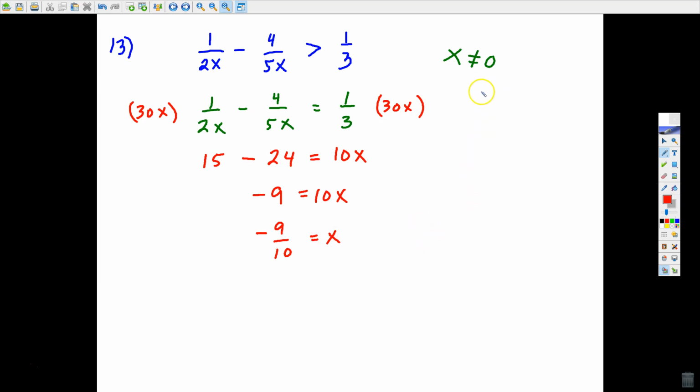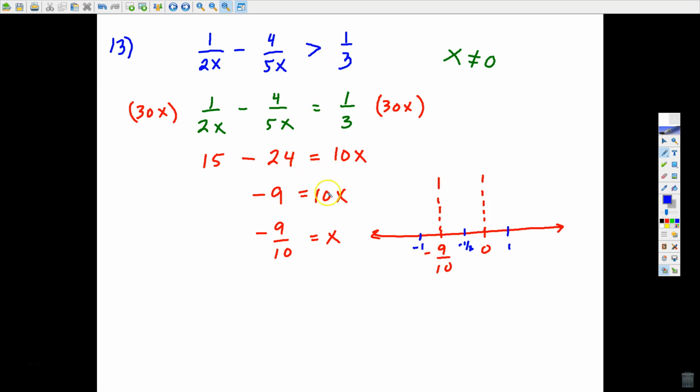So there are two numbers that I'm going to have on a number line: 0 and negative 9/10. And these two numbers basically create three areas. I need to grab numbers out of each of those three areas to test. So I'm going to choose negative 1, negative 1/2, and positive 1. And we're going to go back up to the original inequality